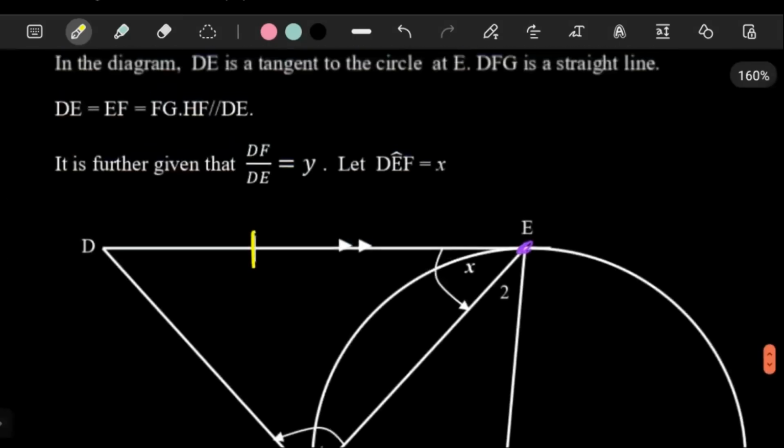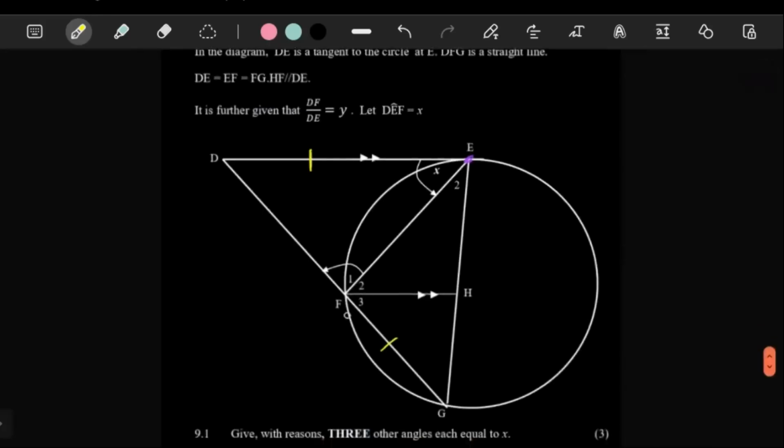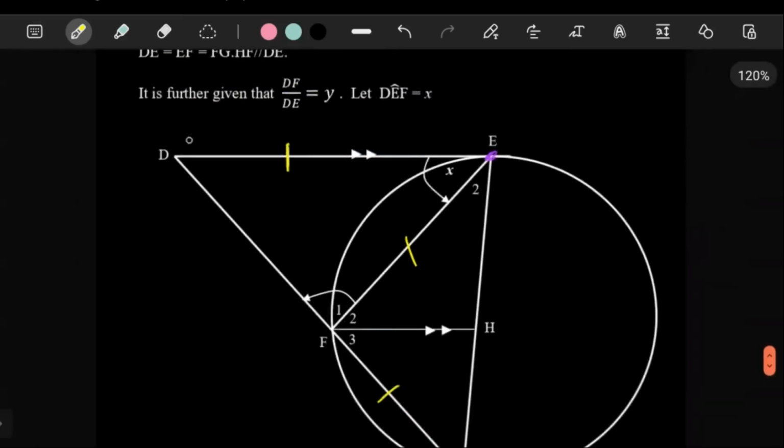And then they told us that it's also equal to FG. Where is FG? FG is equal to DE, which is also equal to EF. Where is EF? Oh, there's no line there, but the statement told us that DE is equal to EF and it is equal to FG. That's very interesting. But anyway, it says it is further given that DF, which is this line,